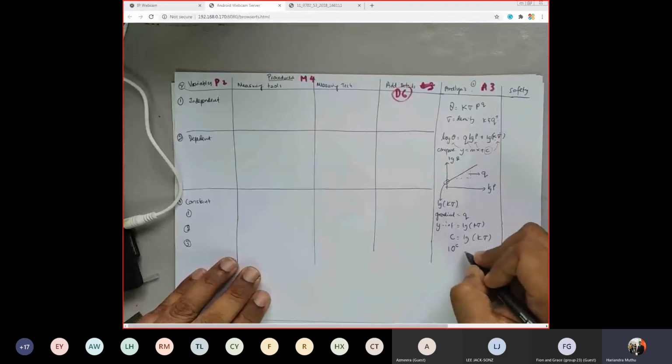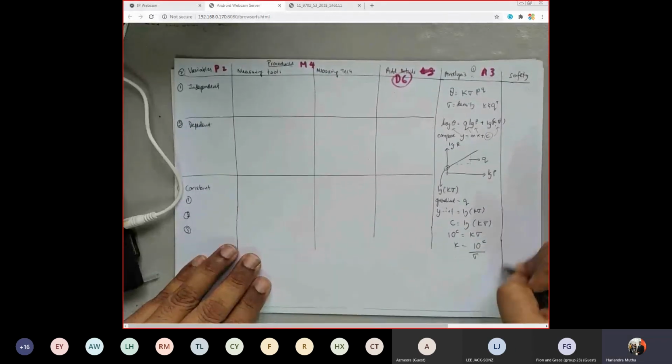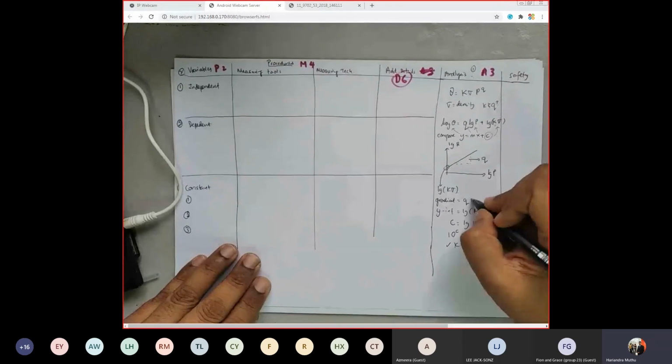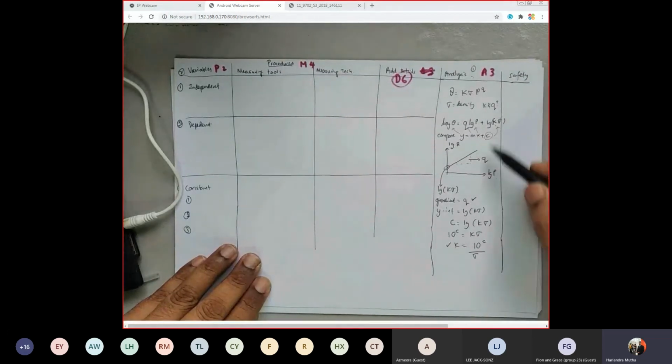The y-intercept tan c. And this is k sigma. So k equals to tan c over the sigma. Okay, so I do that because the question asks you to find out k and then asks you to find out q, isn't it? So I have done all these, and the last